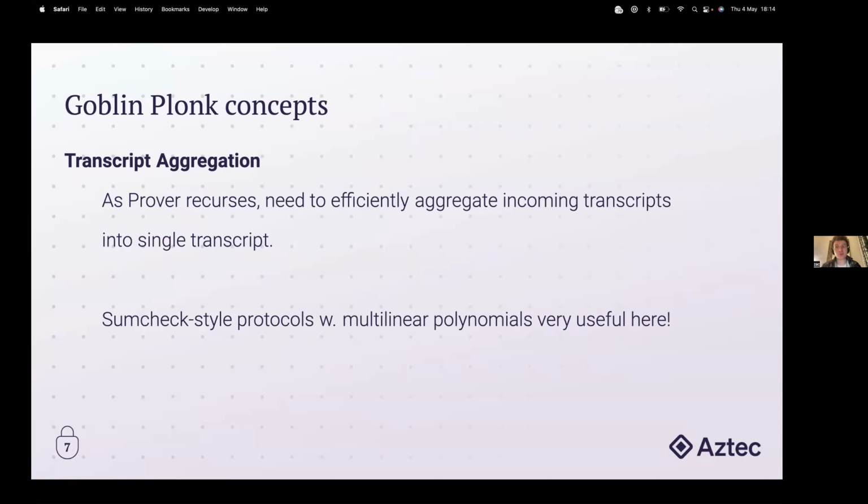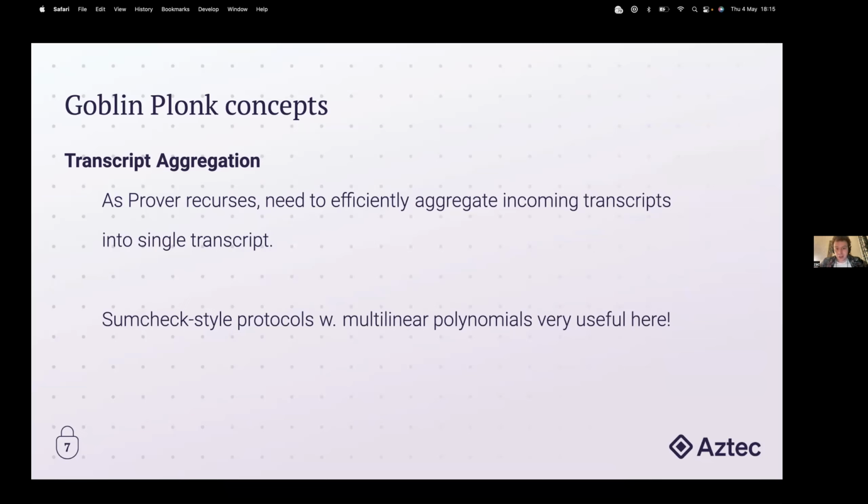And so the idea is you need some way of doing transcript aggregation, combining multiple transcripts, so that at each layer of recursion you're just tracking one transcript. And this is not a folding scheme, because in Goblin PLonK, the size of the transcript grows as you recurse. Imagine you have two snark circuits that both need to perform non-native scalar multiplications. The result of doing the aggregation is just a transcript polynomial, which is the sum of the